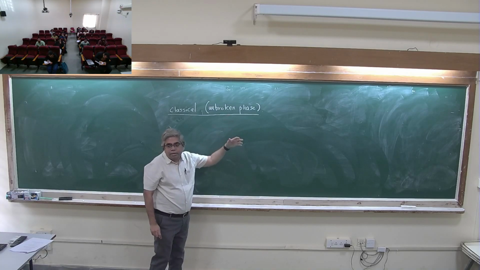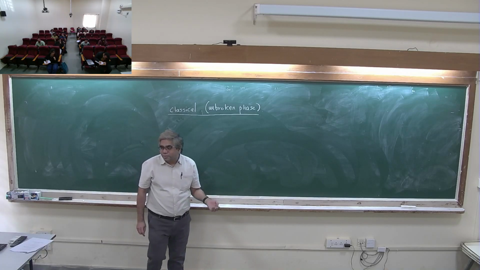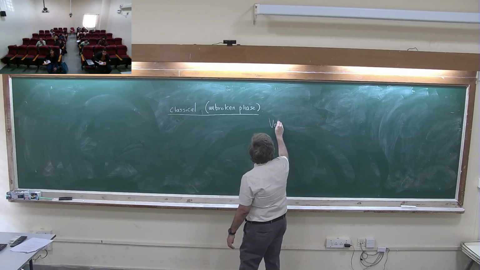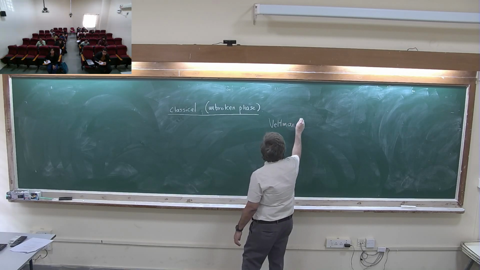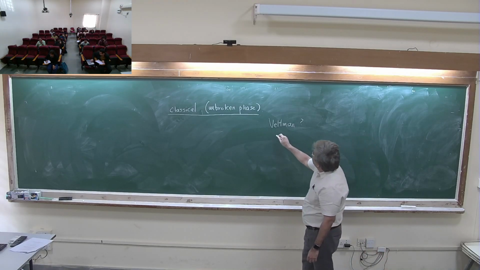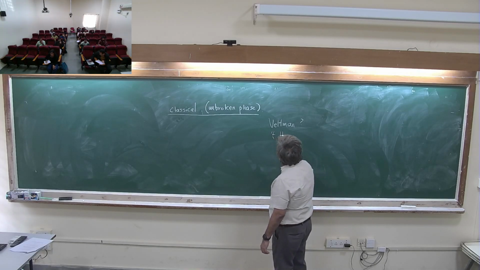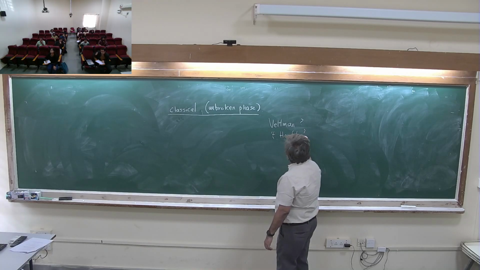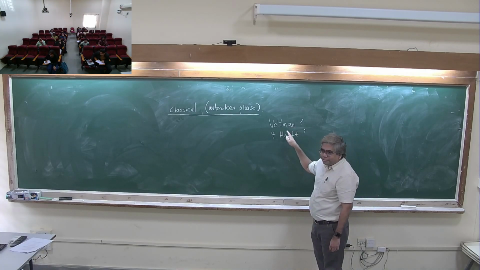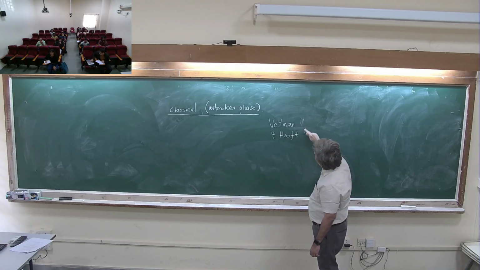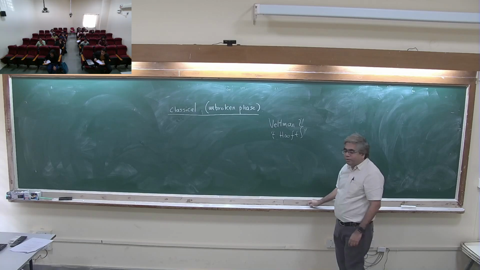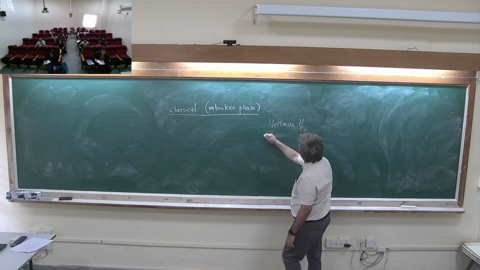If you want to look at how many pages it runs to, I would suggest you look at this guy's name. Anybody? Veltman? Yes. So this guy is this guy's supervisor, Veltman. So Martinez, and he has a fantastic book. Both of them got the Nobel Prize. Okay. So Veltman has a fantastic book called Diagrammatica.